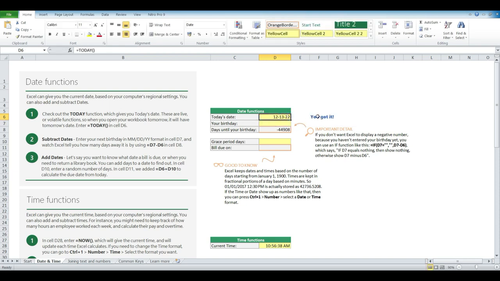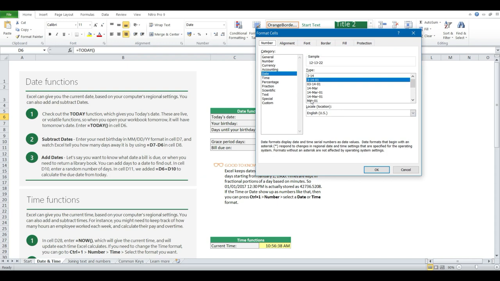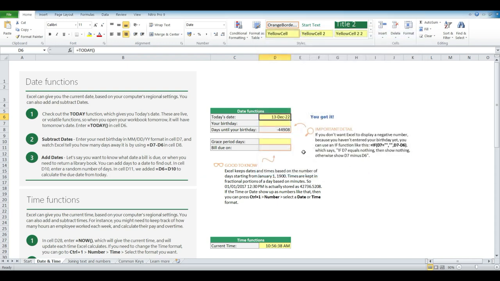So here is the date. Now this date is in month, date and year format. If you want to change the format, you can change it from here. Correct? Now let's say if I want to find out how many days are there until my birthday, and let's